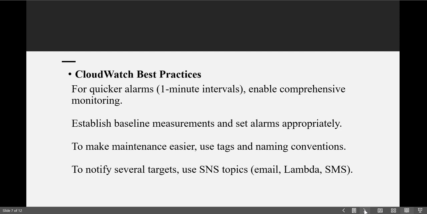Here are best practices for CloudWatch. For quicker alarms, enable comprehensive monitoring, establish baseline measurements, and set alarms appropriately. To make maintenance easier, use tags and naming conventions. To notify several targets, use SNS topics, emails, and Lambda. Some of the best practices include creating custom metrics for business logic, using anomaly detection, and setting up automated alarms and notifications. It is also vital to tag resources consistently so you can filter logs and metrics